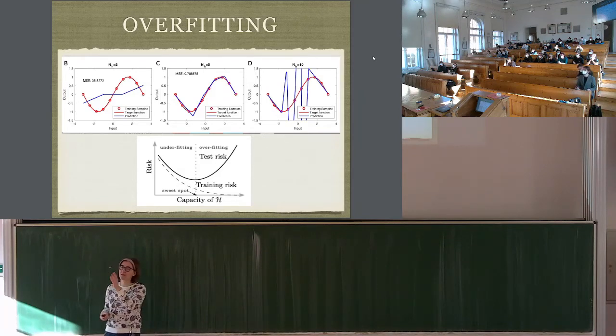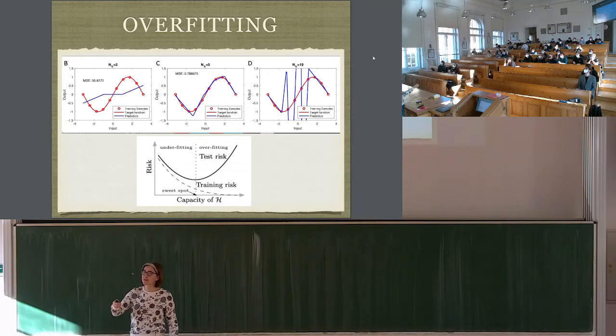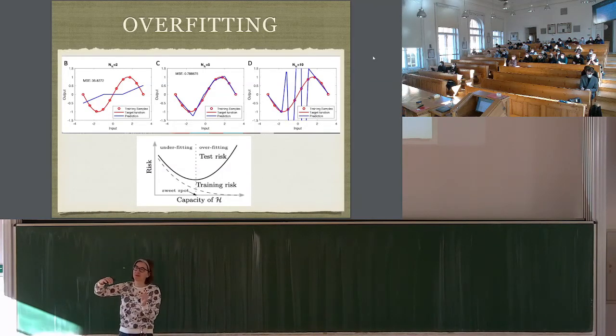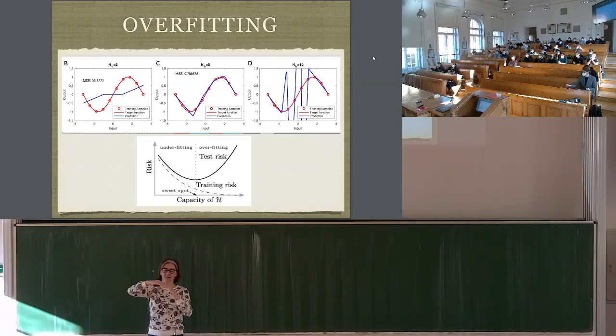And here in this picture, I do something a bit similar. I have this curve in red, the points are the data that I observe, and I want to fit a line through them, the blue one. And now I'm not taking polynomials here, I'm just taking functions that are linear functions, but with one bend, okay? And if I allow 2 bends, like in the first picture, I cannot do really well, 2 is not enough. But if I allow 5 bends, then I fit pretty well, right? It's kind of close to the red curve.